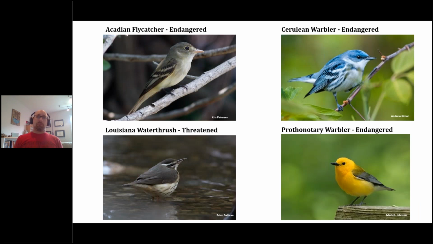In this position, we monitor populations of 4 of Canada's most at-risk birds in the Carolinian region of southern Ontario. These birds are the Acadian flycatcher, the cerulean warbler, the Louisiana water thrush, and the prothonotary warbler. Our work includes completing extensive population and habitat surveys for these species. Another important aspect to this position is building and maintaining relationships with private and public organizations such as the Ontario Woodlot Association. So the importance of collecting this information guides us to aid in decision-making regarding bird conservation and habitat